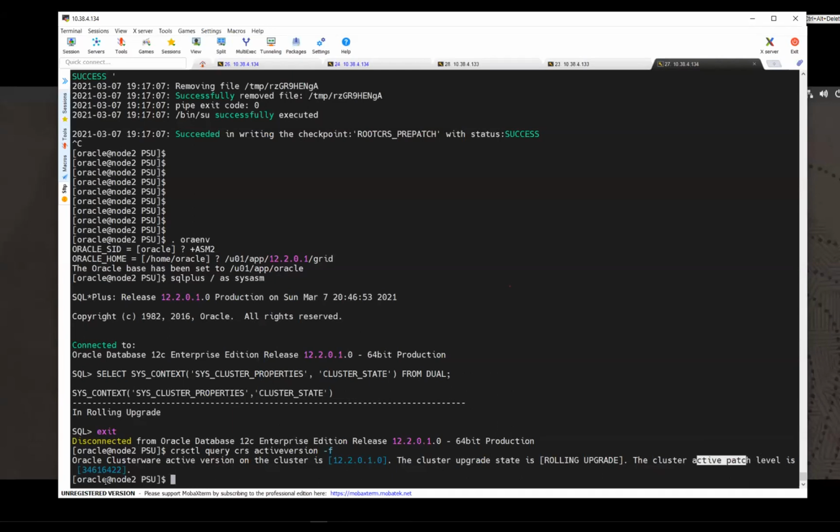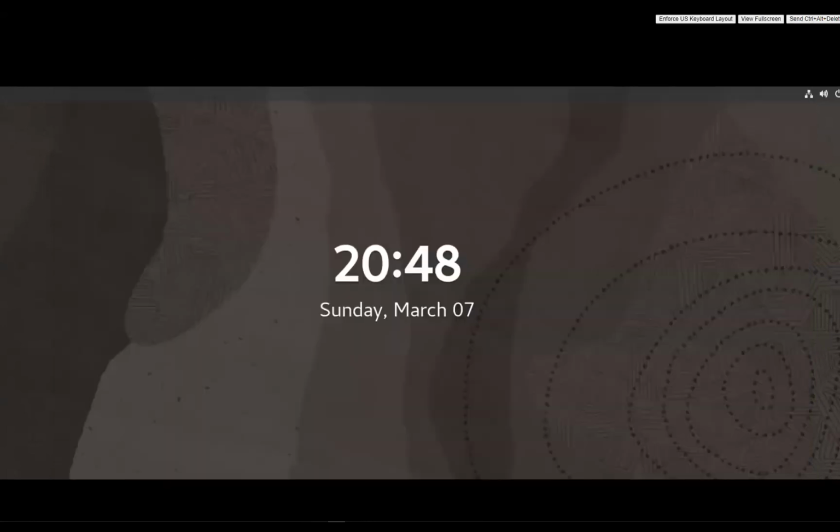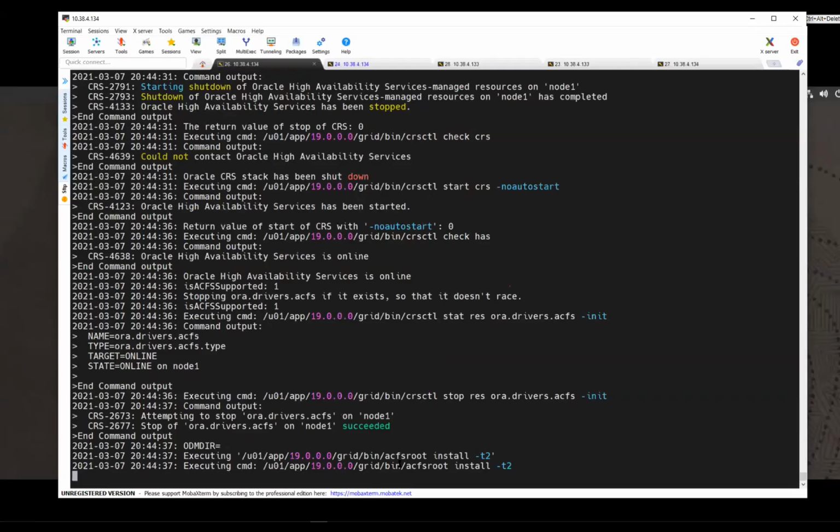The active patch level belongs to the 12c January PSU, and this is my clusterware active version, 12c, with the clusterware upgrade mode and this patch level. This patch is 12c January 2021, and when you patch both nodes, it will become 19c and the 19c patch level.